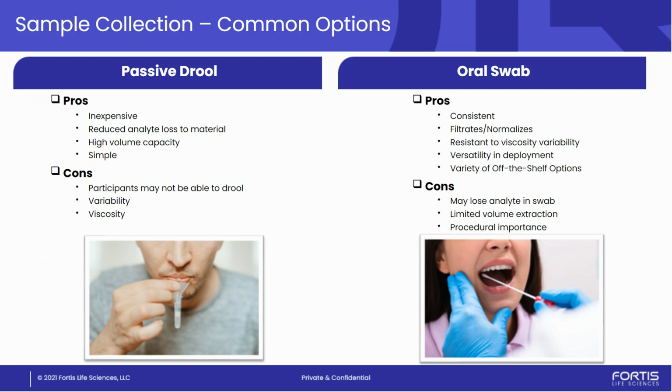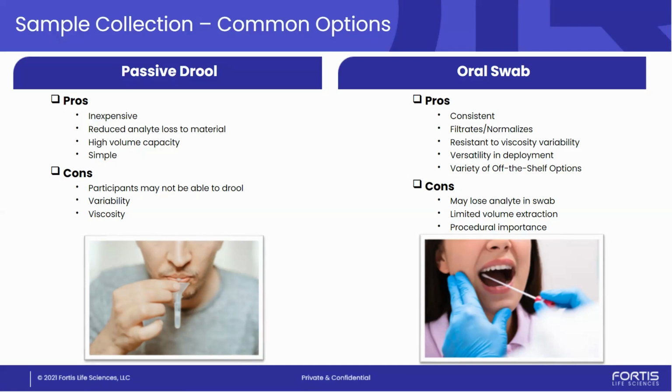So, sample collection. There are two common sample collection methods: passive drool and an oral swab. Now, these are two very different things, with different pros and cons to each. So, passive drool, very common. This is as simple as, and the image kind of indicates that, an individual functionally spitting into